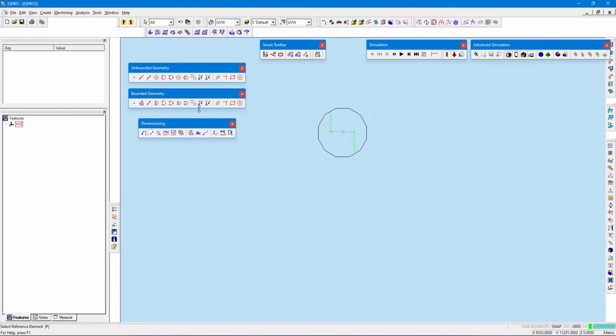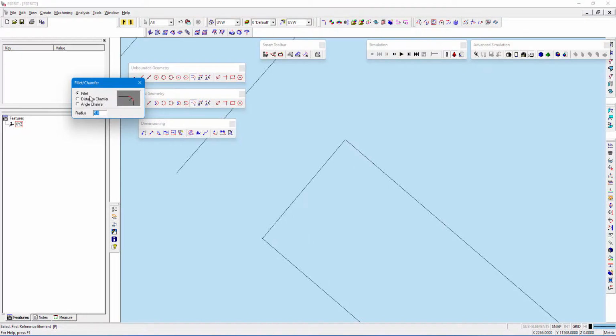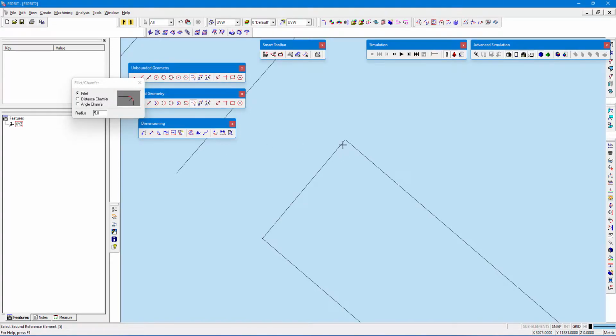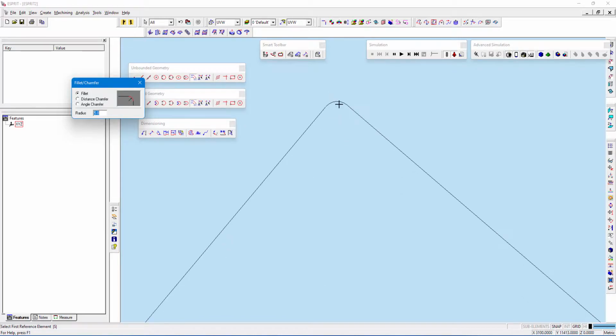Okay, so next thing is, I just missed something. Yeah, I will show you the fillet. It's my first point and it's my second point. Okay, so I need a fillet here. Fillet and chamfer, which you need, you can select from here. I will go with the fillet first, and I will show you. First I will give 5 radius, so I will just select and select the two edges. The arc is created.